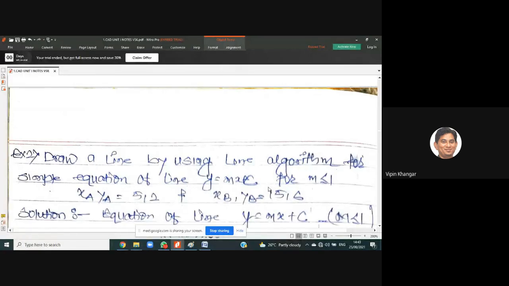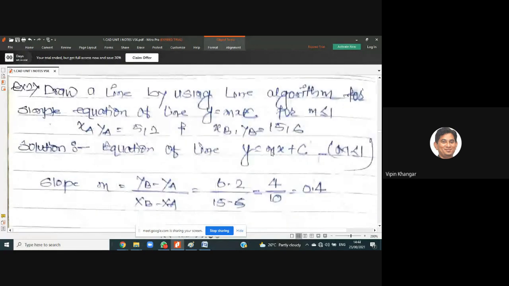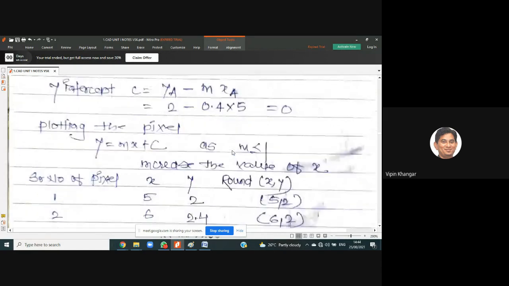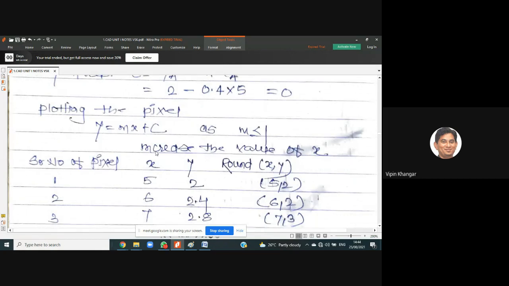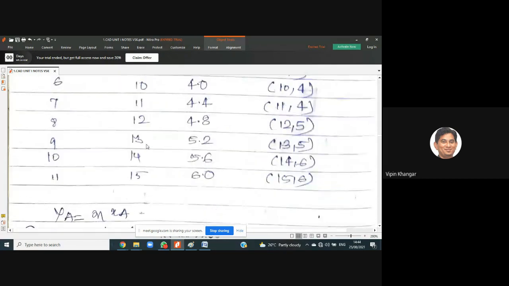So we'll have one more example just for understanding. See here, the same problem is there. Actually, I need to draw that one. See, we have calculated the slope 0.5 in the same problem. Plotting the pixel, we got m less than 1. So basically, what is the y we have calculated here? See here, this is the correct way.